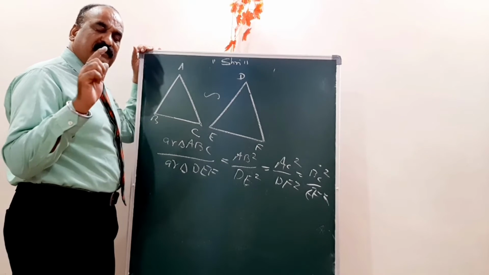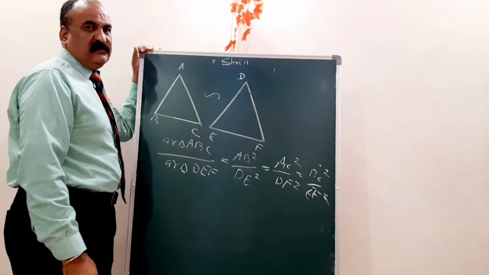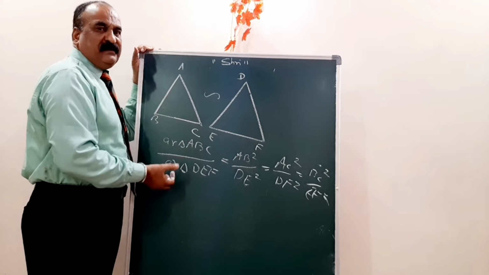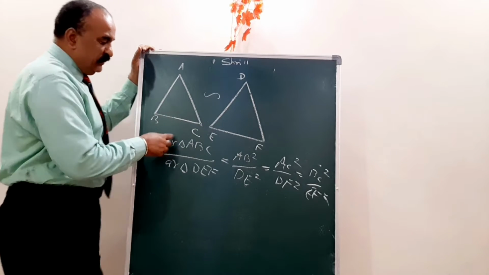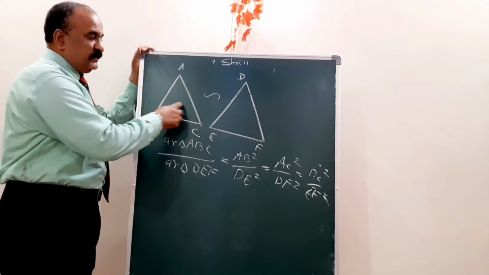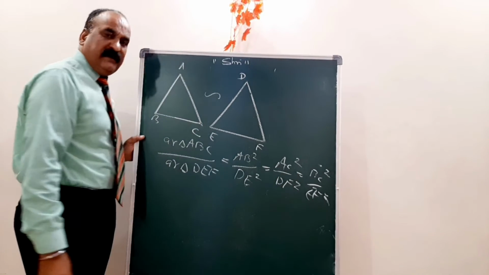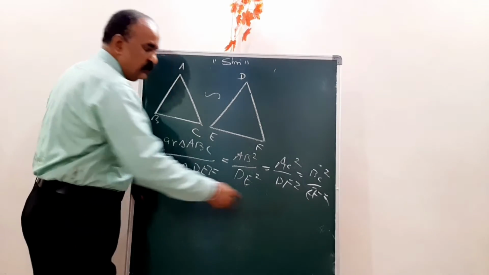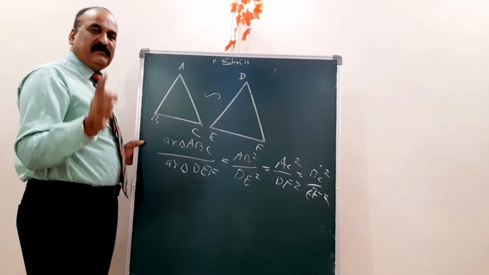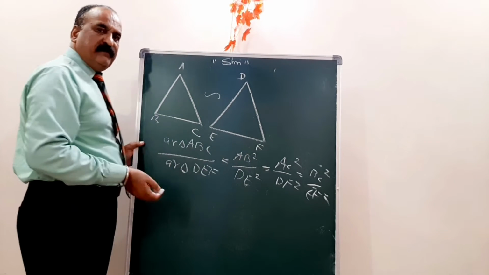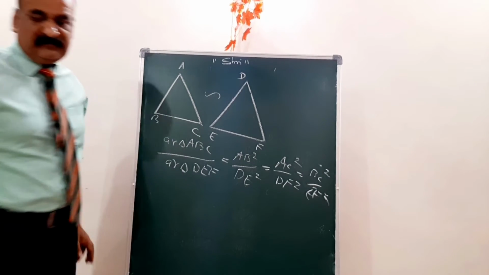But now, in the syllabus this year, the proof of this is not in your course. Only the application part is there, then how to use the area of this triangle. It means the ratio of the area of these two triangles, because these triangles are similar, is equal to the ratio of the square of their corresponding sides. This proof we used to do till last year, but nowadays the proof is not there. Only how to solve the questions, on the basis of this theorem. So that is why I am going to take the first question of your syllabus.